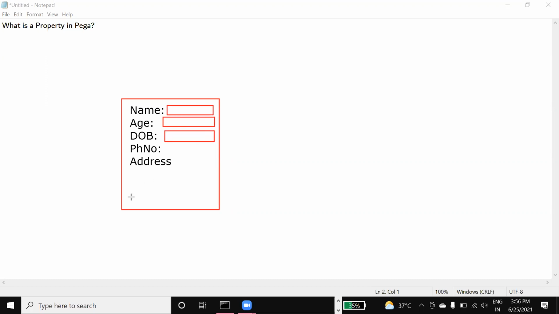Whatever data is filled in will be stored.